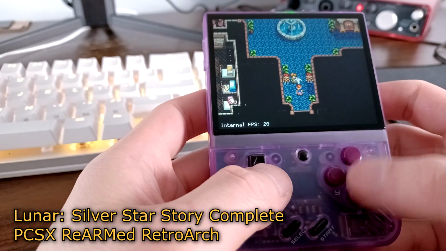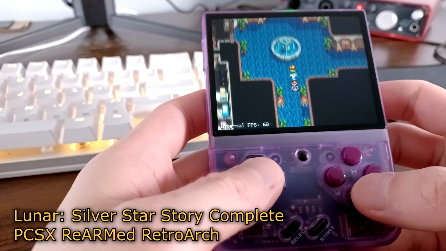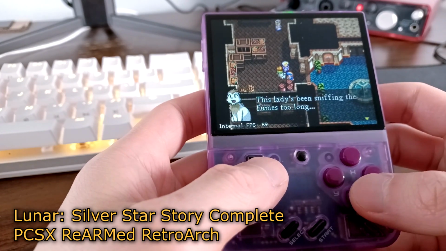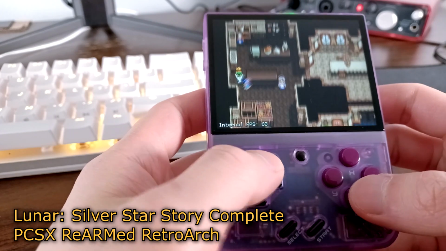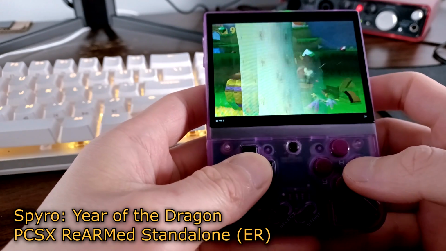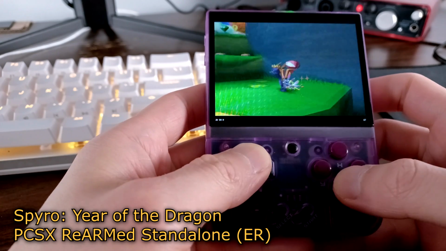PlayStation 1 games run pretty well on the Miyoo Mini and the Miyoo Mini Plus. Most games will run full speed, and they look great and control pretty well since most PlayStation 1 games don't require an analog stick. The controller didn't even have analog sticks until later. That said, if you want your games to look sharper, especially the 3D ones, using the standalone PCSX ReARMed app